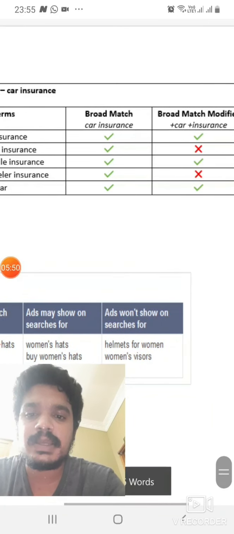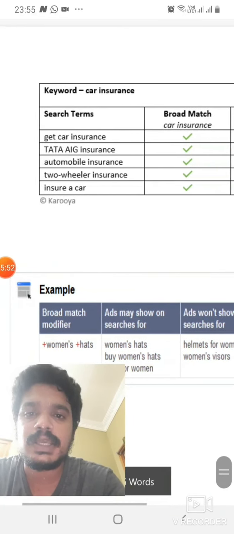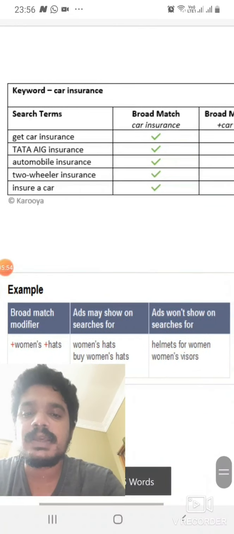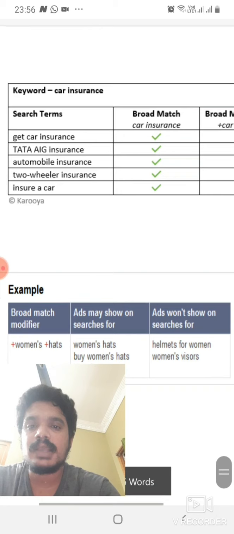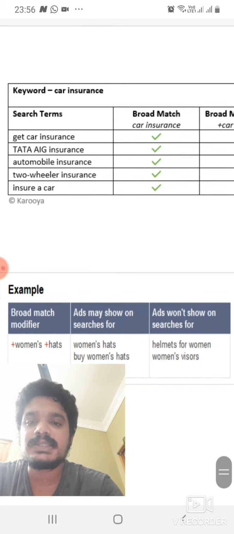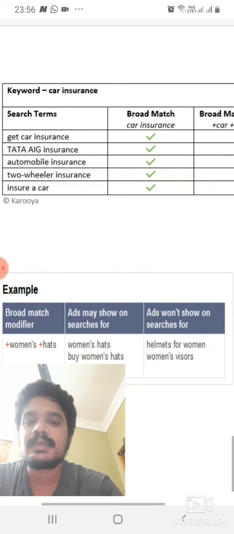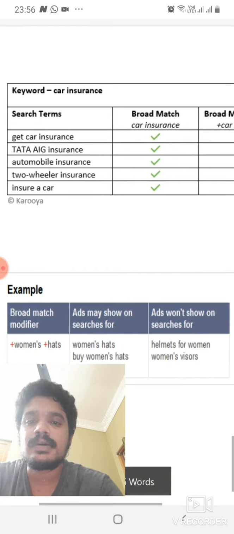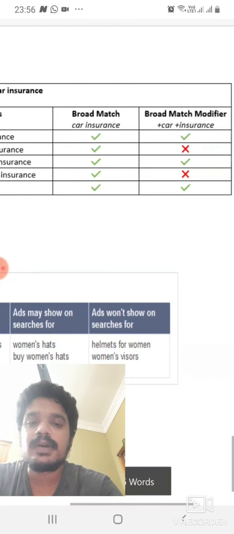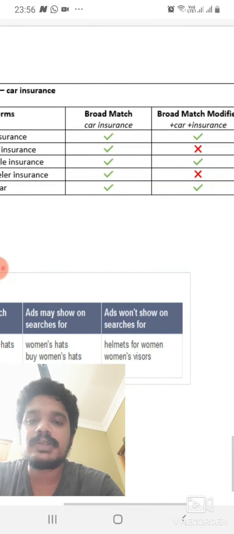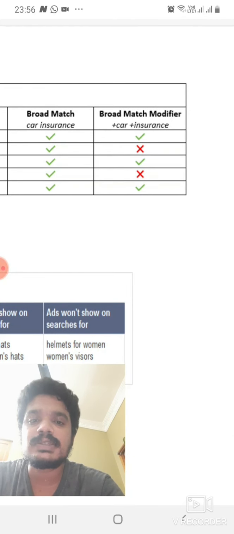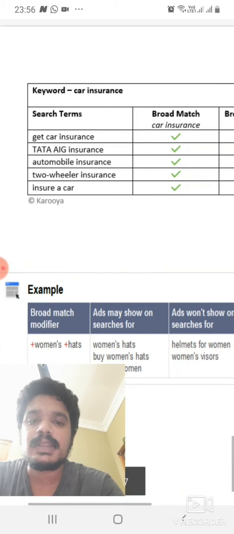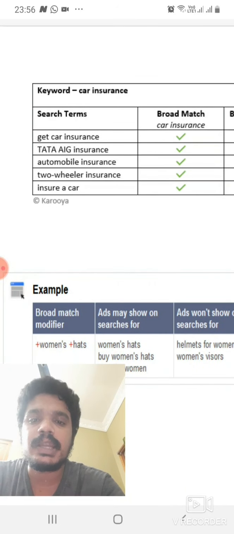It will explain the difference between broad match and broad match modifier. See, if the search term is get car insurance, and the keyword is car insurance, this is general broad match. Plus car and plus insurance is the broad match modifier. The ad will show for get car insurance.